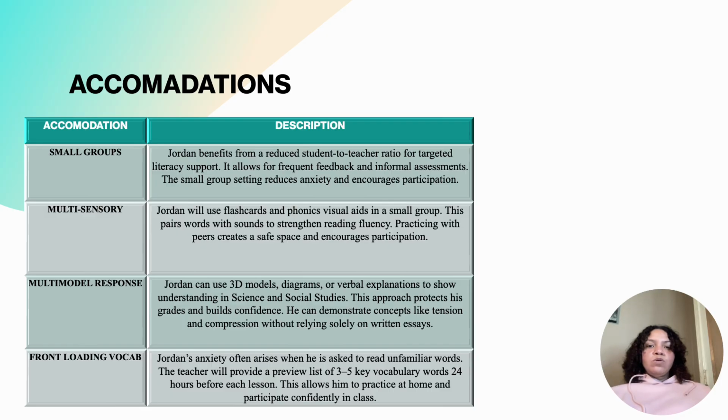Multisensory. Jordan will utilize high-frequency words, flashcards, and phonics-based visual aids within a small group setting, 3 to 5 students. This approach allows for immediate corrective feedback and peer modeling, which are essential for his 10% monthly fluency growth target. Key benefits for Jordan's IEP: his visual-auditory map, pairing the printed words visually with the practice of